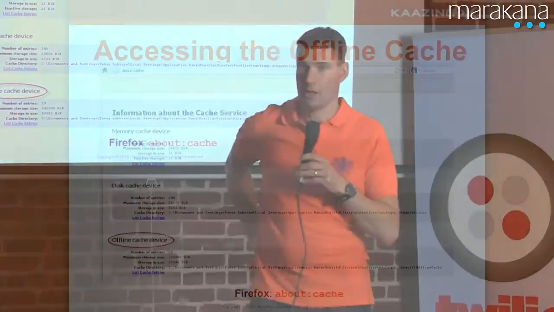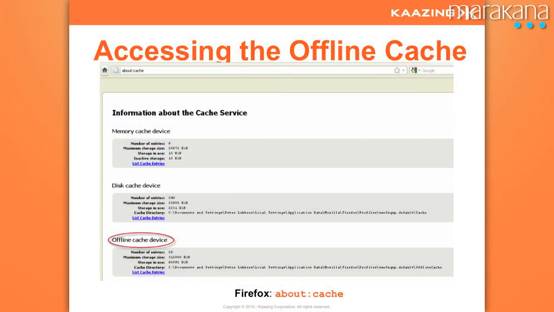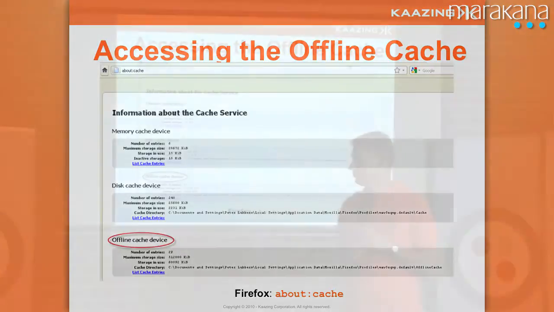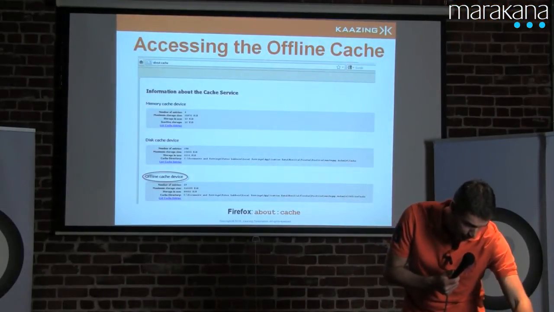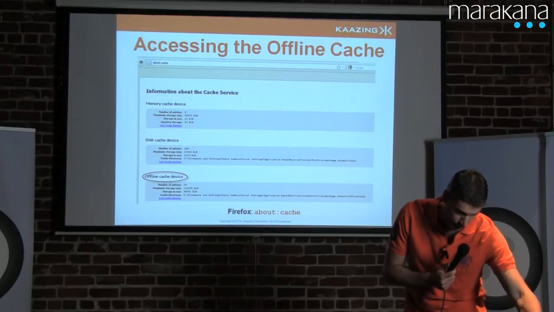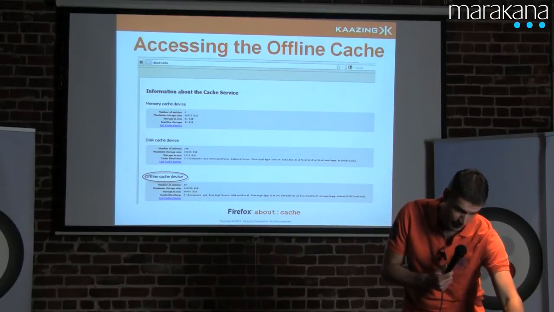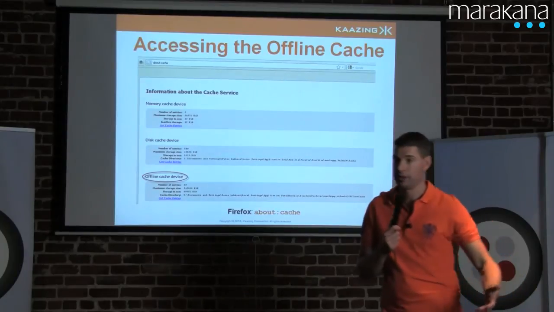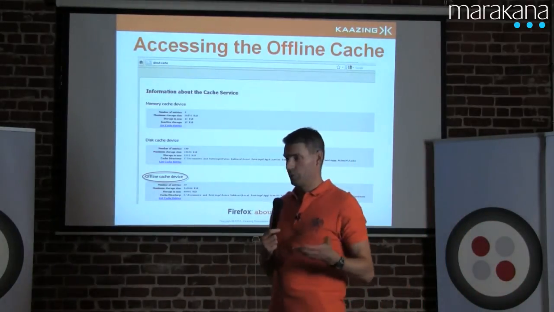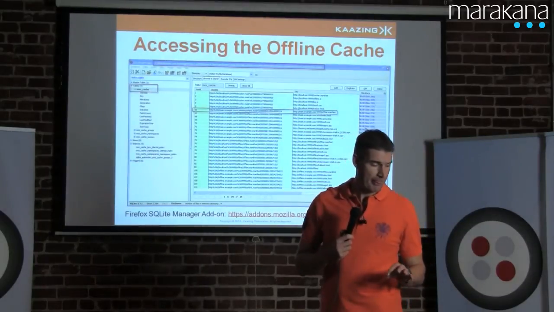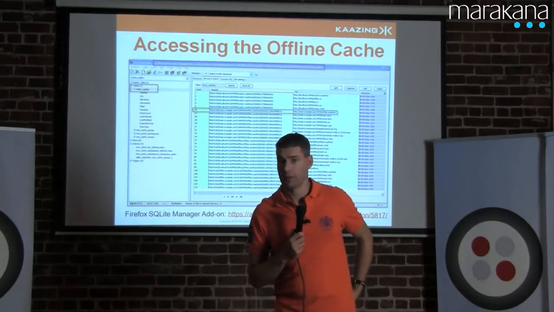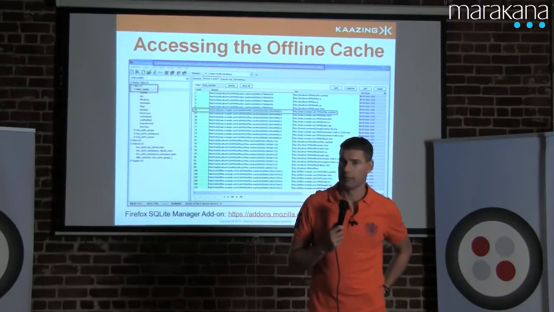So if you go in Firefox to the about:cache page, you'll get all your caches, including the offline cache device. Yeah, so your regular cache, look at it here. It's in Firefox, profiles, some cryptic name, and then cache, and the other one is in some cryptic name, offline cache. So it's right next to your regular cache. You can actually access these files, and there's a really good add-on for Firefox. It's called the SQLite Manager, because